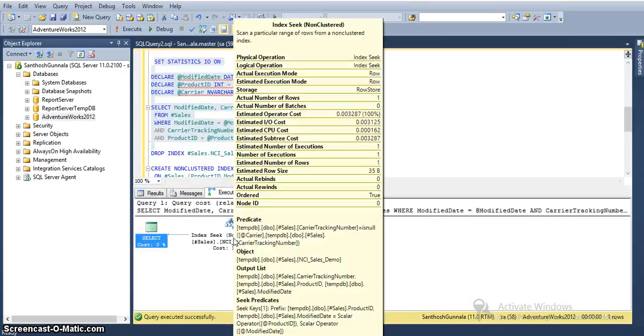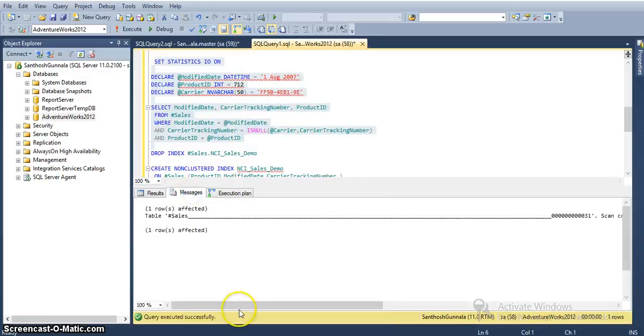In the execution plan, it is an index seek again. In the predicate we are seeing carrier tracking number as the only column, as it is the last in our index order, and the seek predicate contains both product ID as well as modified date. And coming to the logical reads,